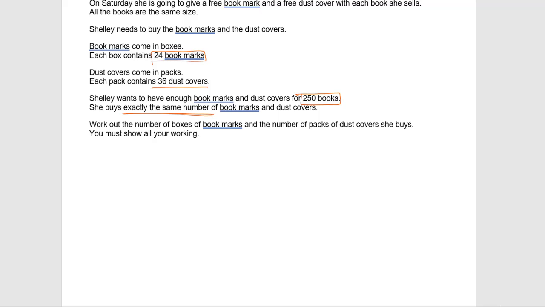Okay, so when you get a question like this, multiples rings a bell. So first of all, let's work out the multiples of 24. Now, I wouldn't expect you to know the 24 times table, so the best way to do this is mental calculation, or you can just add the numbers as you go along. So 24, I probably know up to 5 maybe. 24, 48, 72, 96 is the next one, 120,